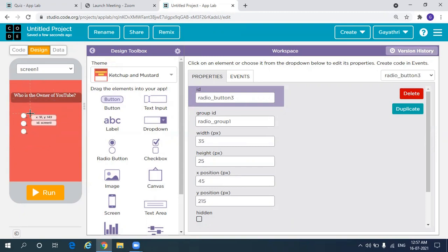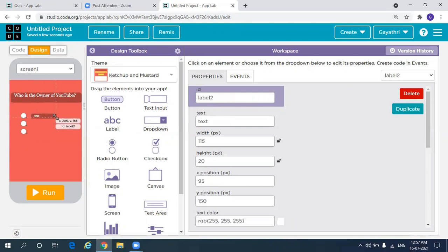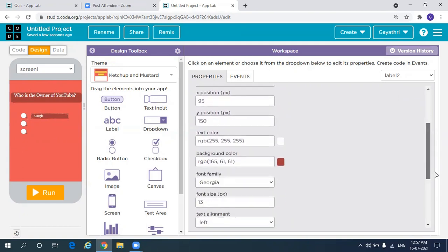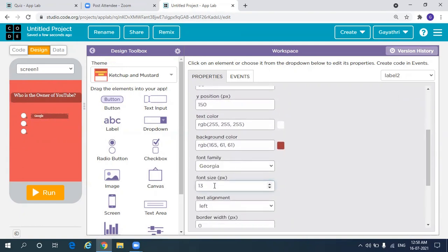Okay. And now we need some labels for it. So firstly, I'll give Google, right? So I'll write in the text part, we'll write Google. And we'll change the size of our text here. I'll keep it 18. Okay.